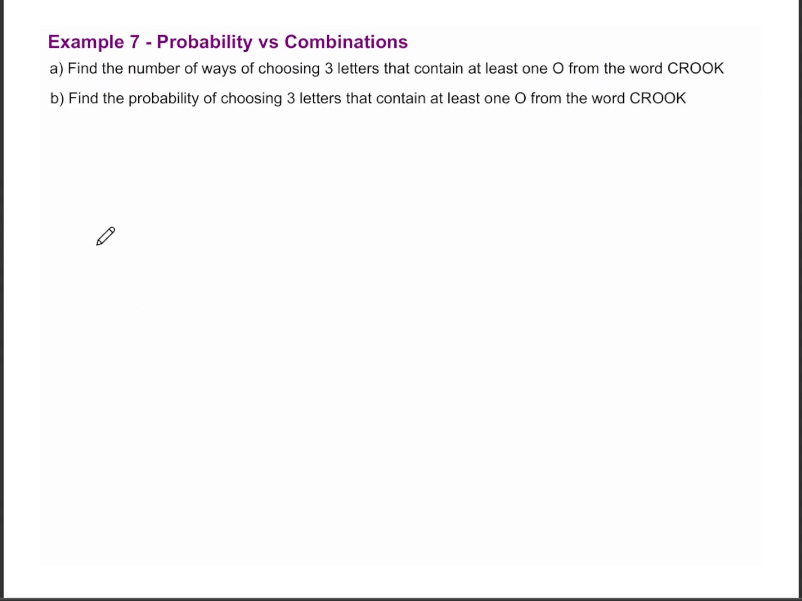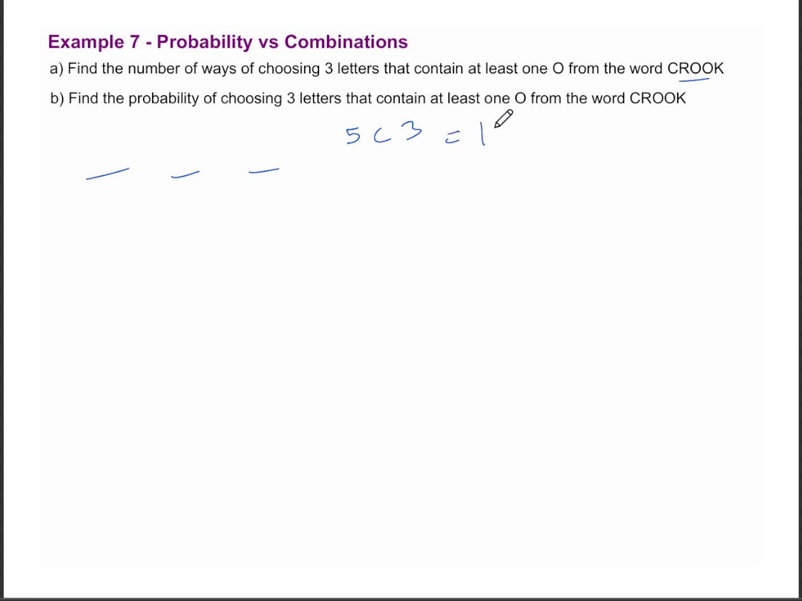This is the final example, and I'm going to solve it in two different ways. For part A, we are told to find the number of ways of choosing three letters that contain at least one O from the word crook. So we have to choose a three-letter word. Firstly, what are the total ways of choosing that three-letter word? We see that because we have 5 letters, we want to choose 3 from there. We'll have 5 combination 3,